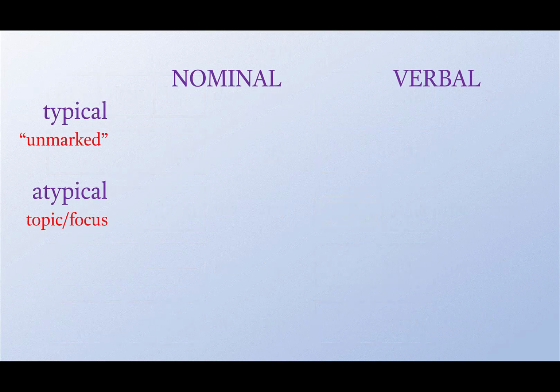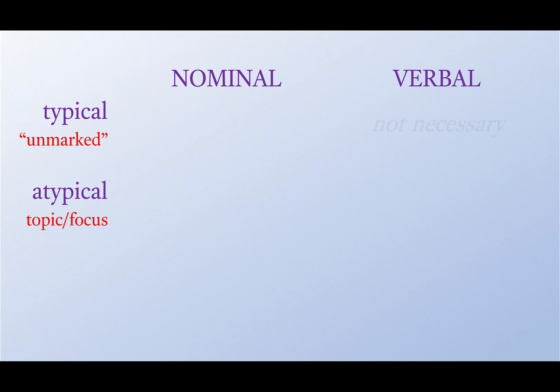Now, let's talk about how independent pronouns are used. Their use, from a syntactical sense, is important to focus on, and the use differs as far as word order goes between nominal and verbal clauses. There's a typical case, or we could say an unmarked case, where there's not a particular topic or focus, emphasis on a particular component within the clause. There's an order of constituents that's typical. There's also an atypical order of constituents that conveys topic or focus,